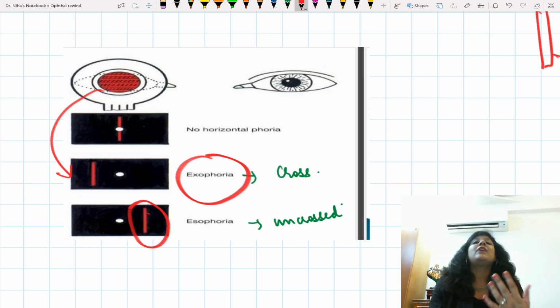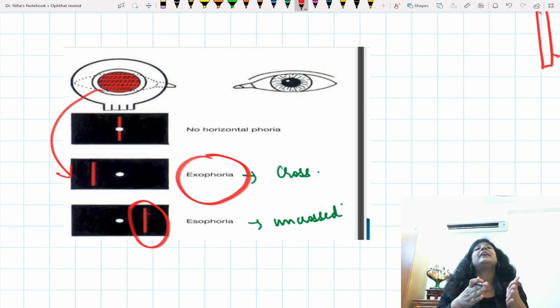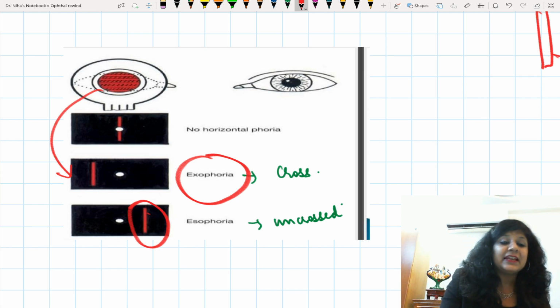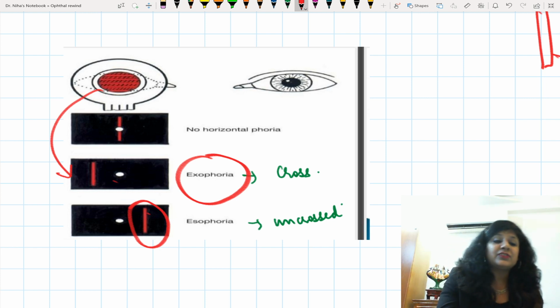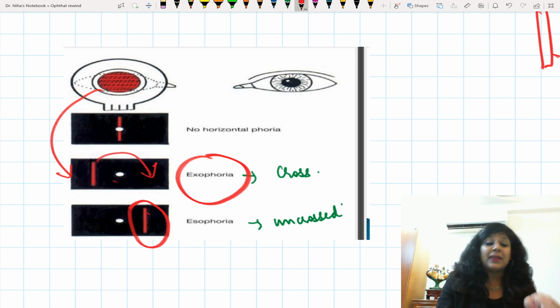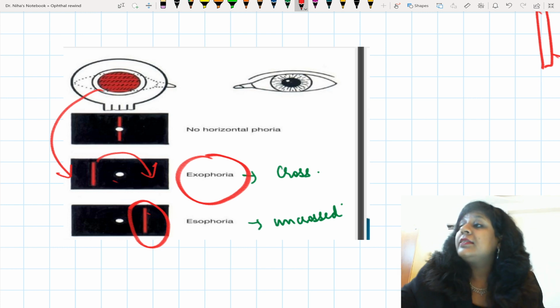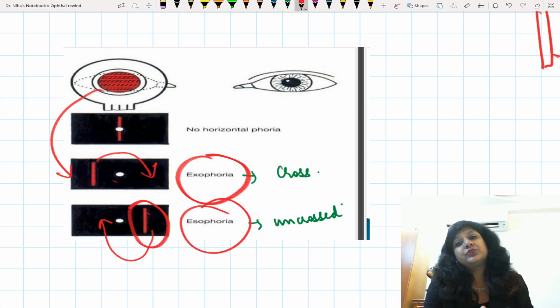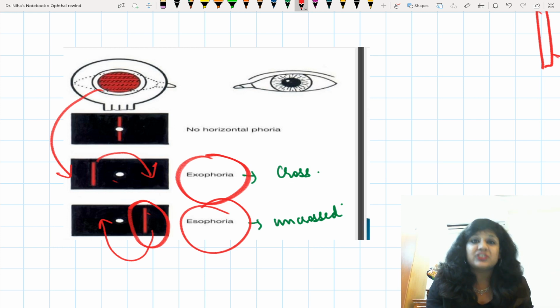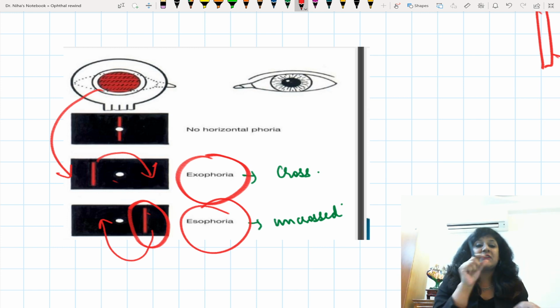See, in the Maddox rod, we have two views. One is the patient's view and one is the observer's view. So this is actually the patient's view, and when you see it from your side, you have to reverse it. So basically it is the other way around. If they are showing you on the same side, that means the patient will see on the opposite side. And when the patient is seeing on the opposite side, then you are seeing it on the same side. So that is why this will become the uncrossed. So always first you have to reverse it when such kind of interpretation is given in the form of pics.